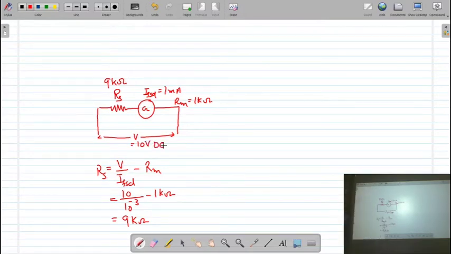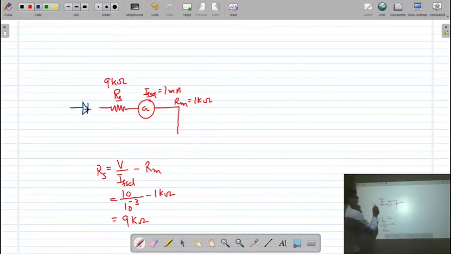Remember. Correct? Now in this meter, if we use a rectifier circuit, a half-wave rectifier means I require one diode. So if I introduce the diode, how can we introduce it? We can introduce the diode in series with the resistance Rs. Let us say I am connecting this diode here like this, and now we have this kind of meter.